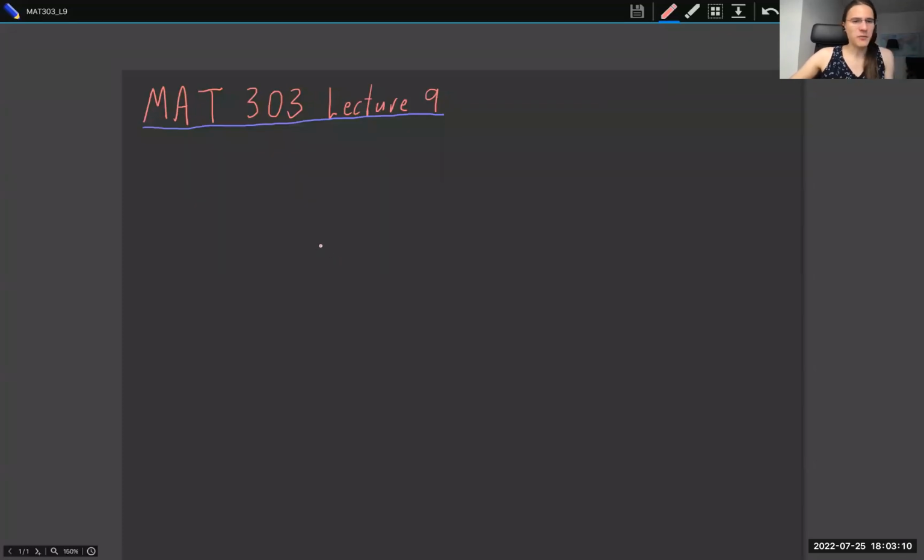So last time we were talking about this idea of operators. So an operator is in general a linear map from a vector space to itself, but we'll care about